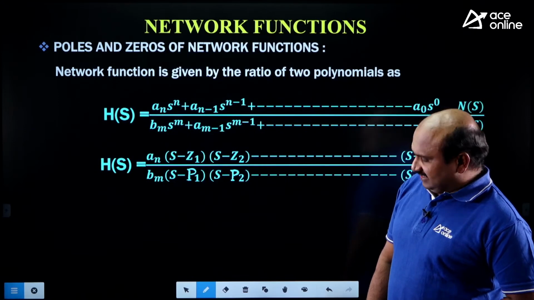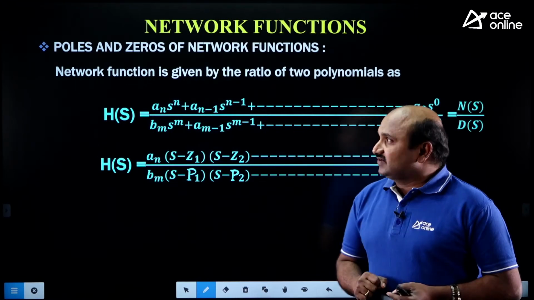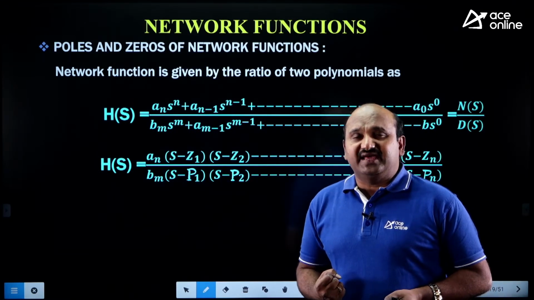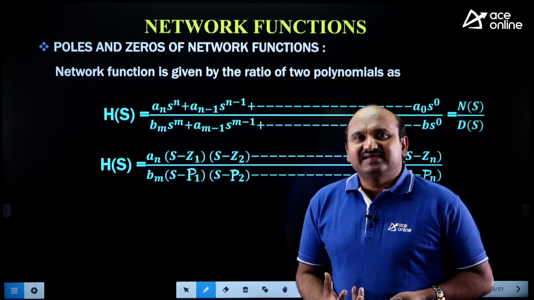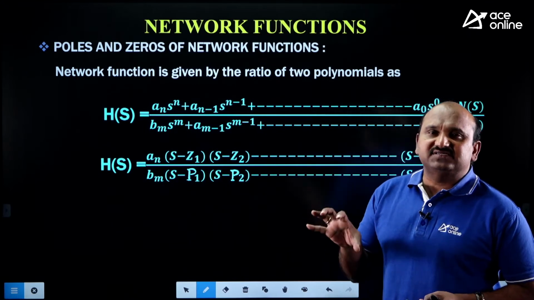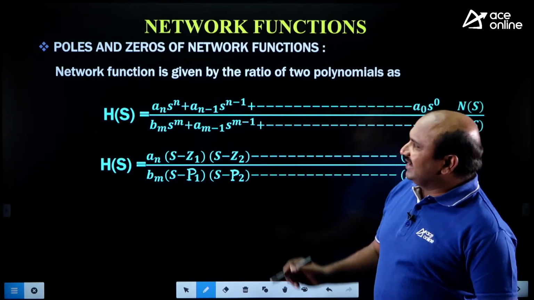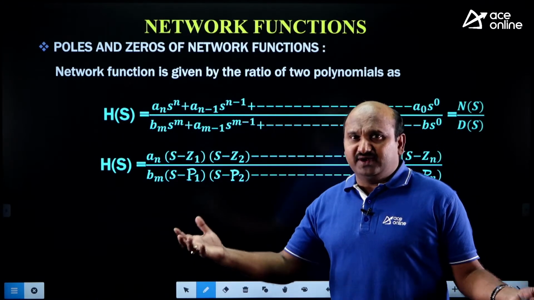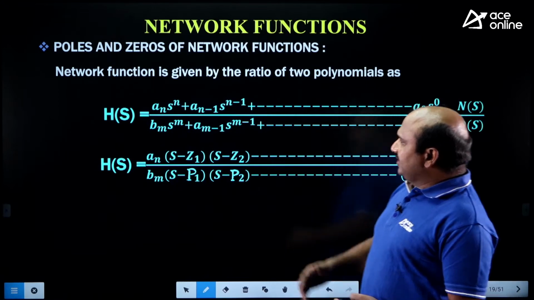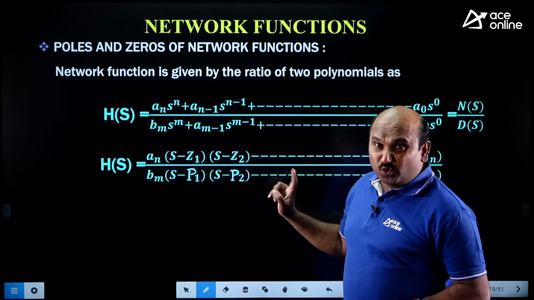Now let me consider that here, how you realize the network, how you synthesize the network. If you want to synthesize the network here, using the pole zero configuration, I would like to estimate that, I would like to synthesize, I would like to design, I would like to realize the network. What are the elements present in that network? Now let me define first a network function, which is H of s. It can be anything, driving point impedance or driving point admittance. This is called network function. Usually network function we can define like this, the numerator function and denominator function, and that we can express in pole zero notation.